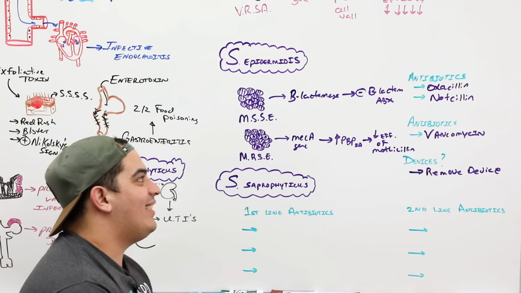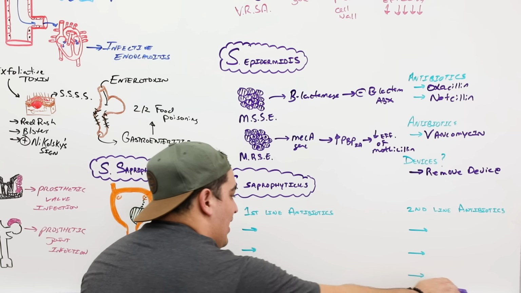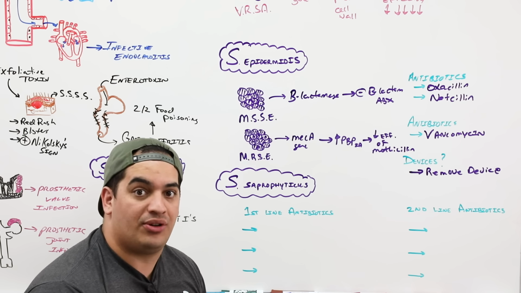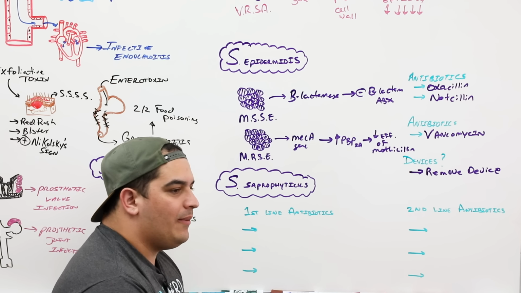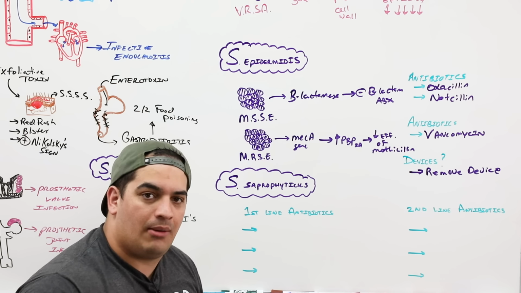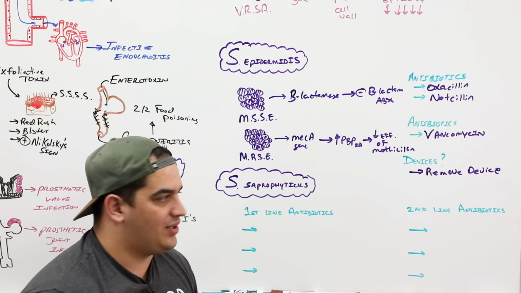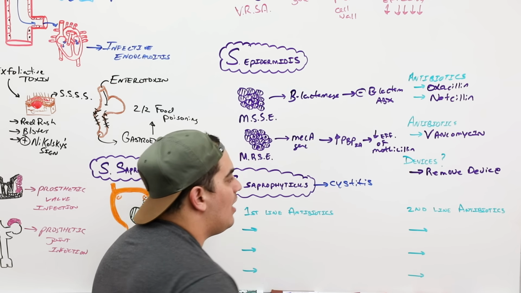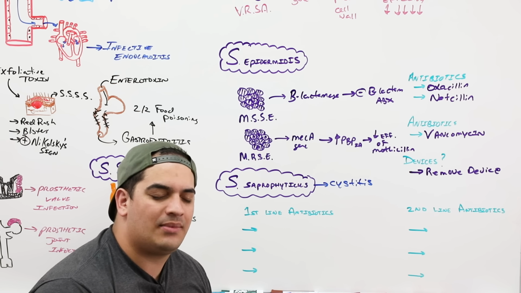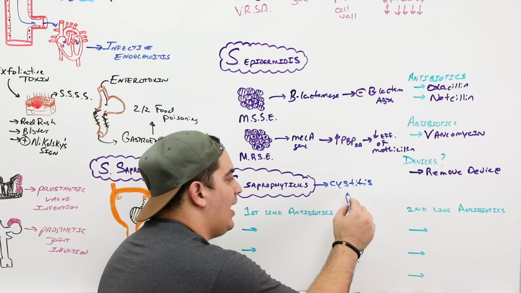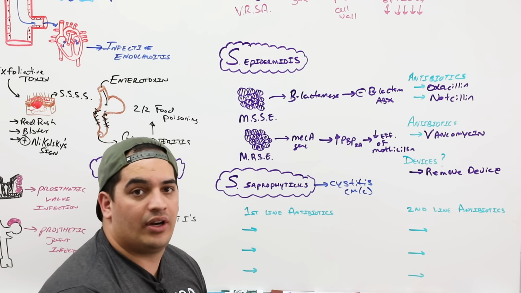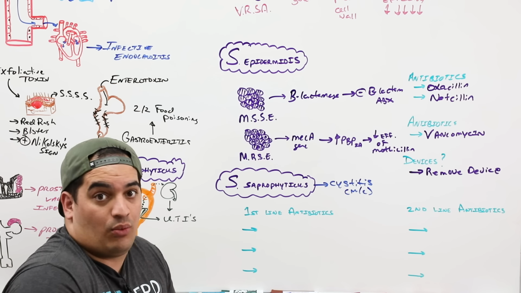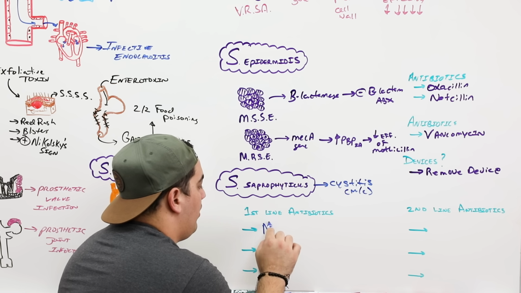Okay? Staphylococcus saprophyticus. This guy right here, he's a very interesting one. When he produces infections, he produces urinary tract infections. And there is a very specific subset of antibiotics that you give to patients with urinary tract infections. Again, the most common type of infection that you see with this is cystitis. It sometimes can cause pyelonephritis, but cystitis is going to be the most common aspect of the urinary tract infections with this bacteria. And the first line antibiotics that you primarily give to treat cystitis are going to be something called